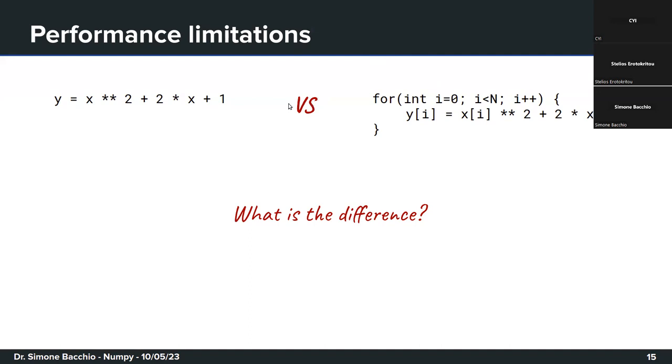The major difference between the left and the right-hand side is that here the operations are performed over a single number, okay? Over a single number, we are doing a certain operation and then store it in y, okay? So which means you are loading the data only once as you loop over, and you store them in y only once, okay? While when we do the operation here, like Numpy is doing it,